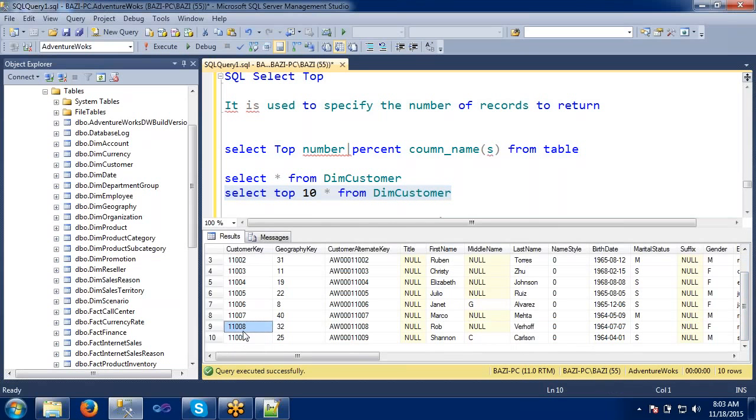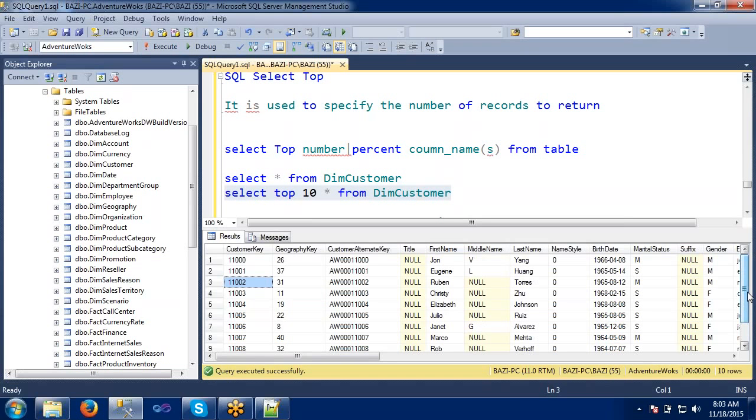So around we have 18,000 records. In that we have got only the top 10 records. So this is how we will apply the top 10 or top 20 from the table. Generally we will be using this if we have some tables where the data will not be in a proper way.